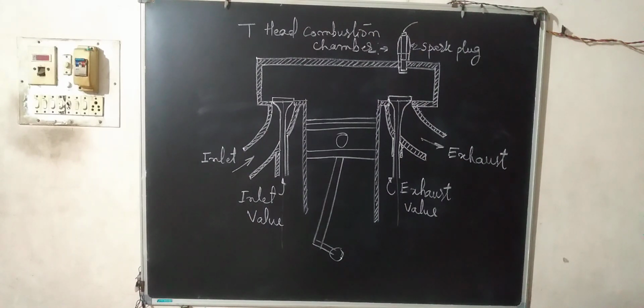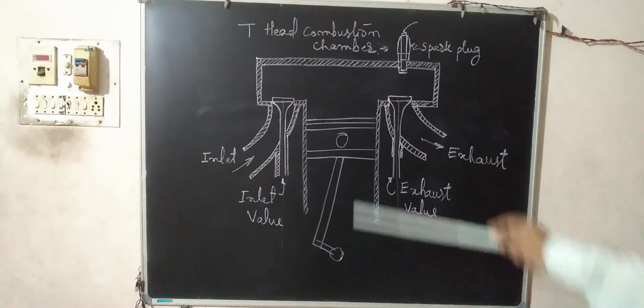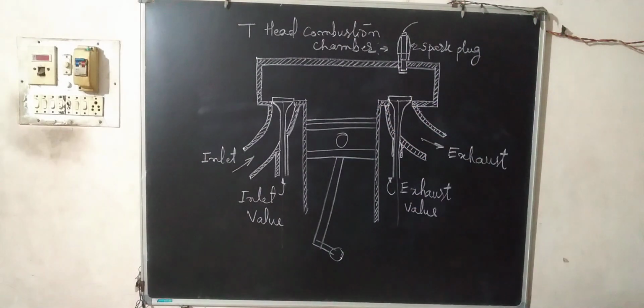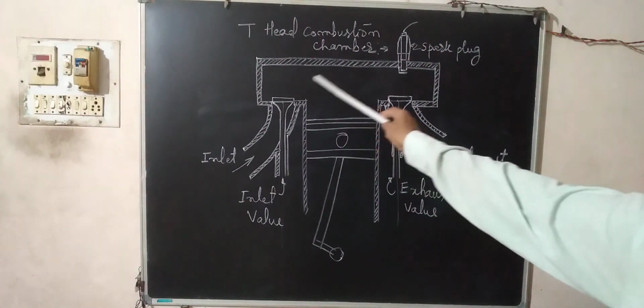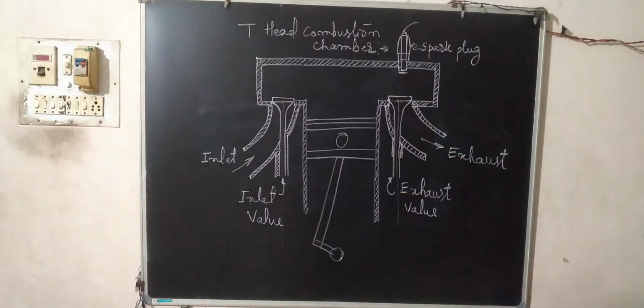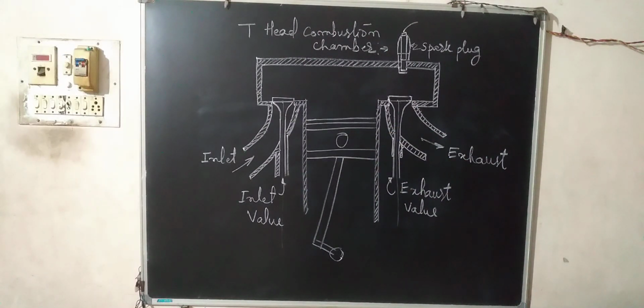The advantage of this is that maintenance will be easier, because dismantling the cylinder head is going to be very easy, since very few components are in the cylinder head. The disadvantages are that knocking is possible over here, petrol knocking and detonation are possible, and the engine cylinder block is going to be bulkier. In the initial stages of the automobile, these types of designs were used.